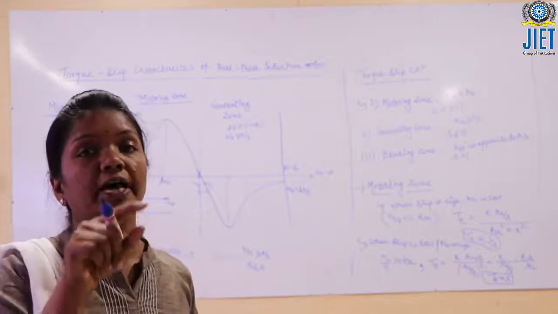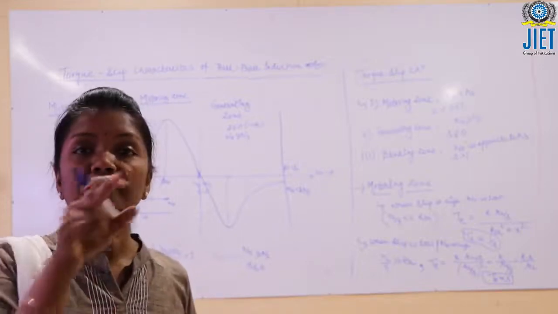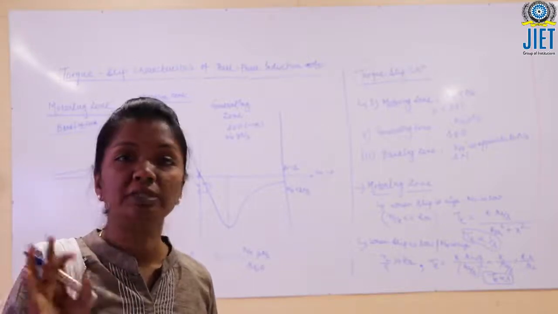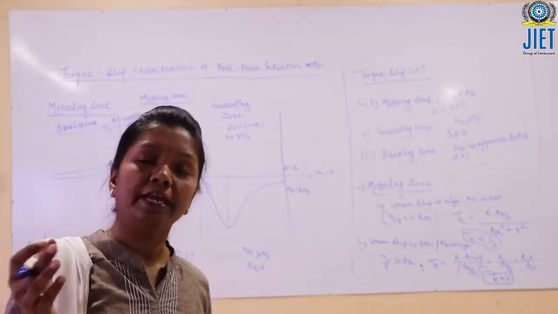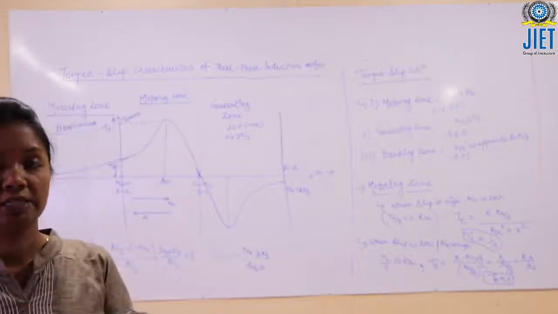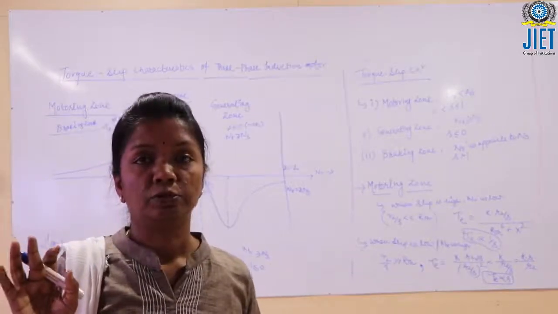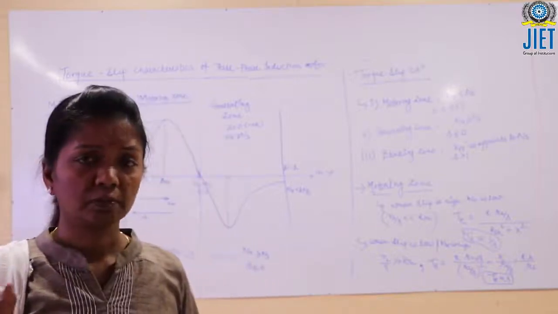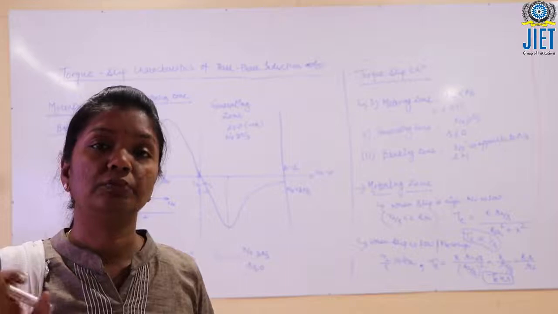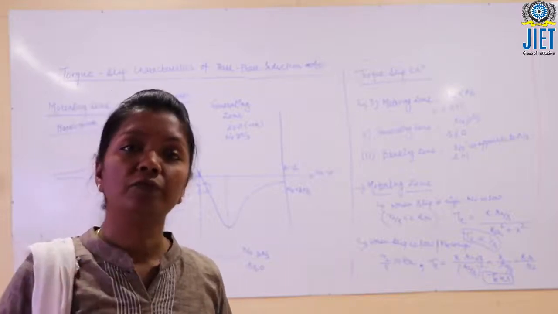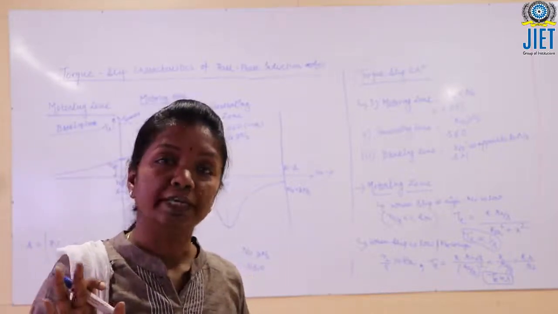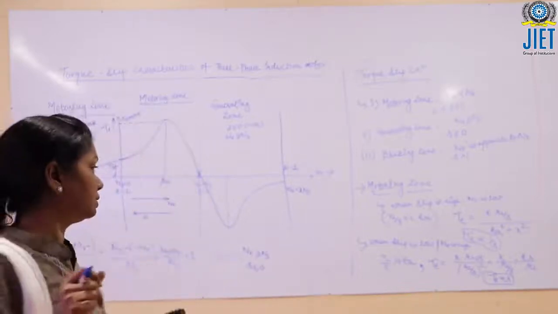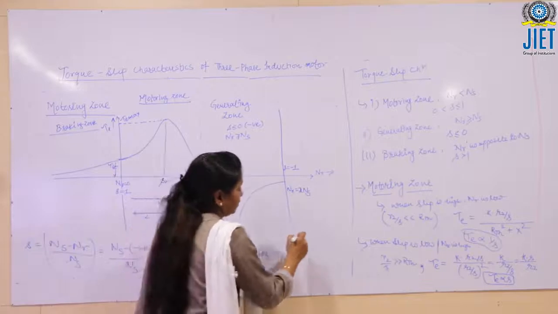So in case we are having R, Y and B, then we can just interchange R and Y, keeping the B same, or we can take any other two terminals, interchange them and keep the third same. So by that, the phase sequence of the supply would get reversed. So when the supply phase sequence gets reversed, the direction of revolving magnetic field also gets reversed. What does it mean?